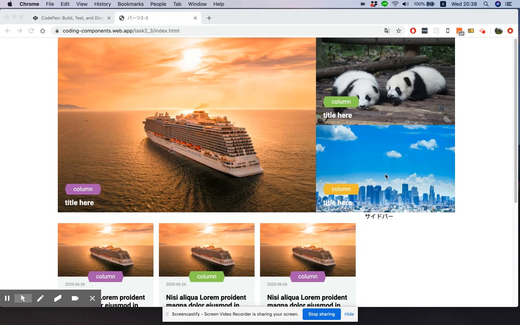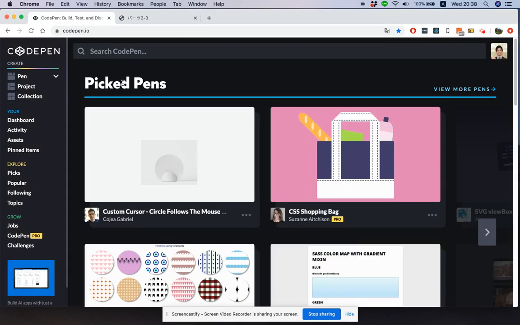Hello everyone, so today I'm going to make this hexagonal thing on this web page. So let's get started. I'm going to go to CodePen,